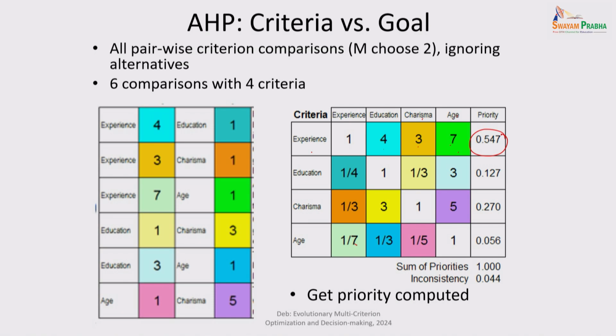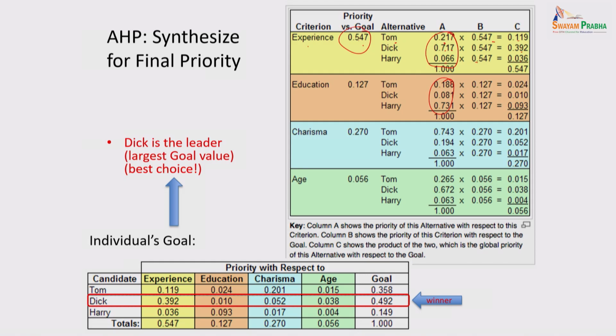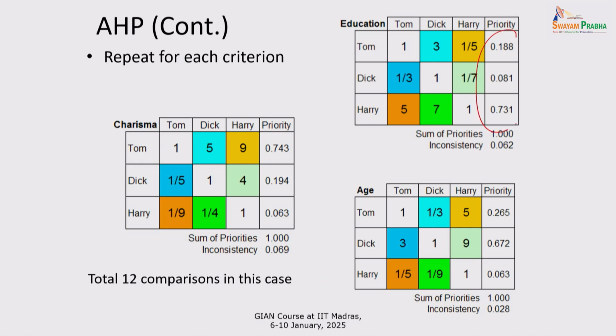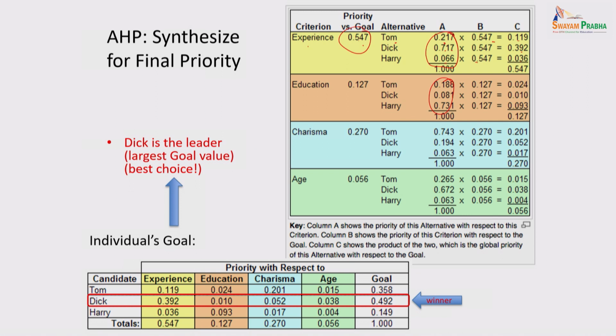Now you go to education, get the number from here, this 4x4 thing, and repeat the process. These values are coming from the education part of it, okay, that we did before. So like that you do this cross product, the products of all of them. Once you've done that, now you make this, each of these 3 candidates, Tom, you pick this number, you pick that number for Tom, you pick this number for Tom. For every criterion, you pick them up, add them, and you get the goal. Similarly for Dick, add them, for Harry, add them, and there has to be 1, and see which one has the highest. So he is the winner.